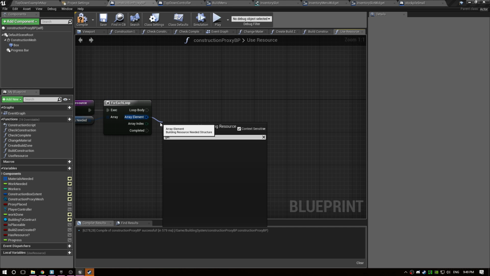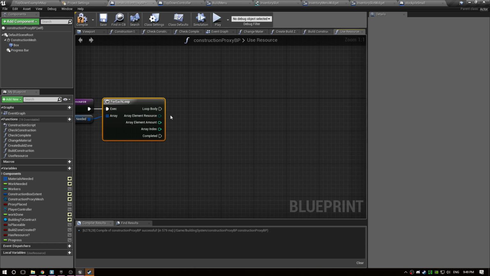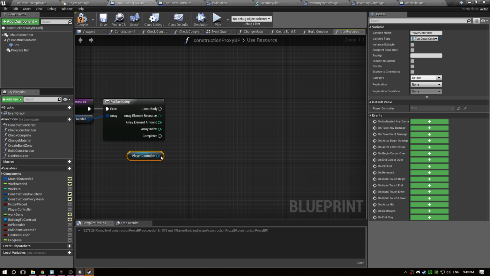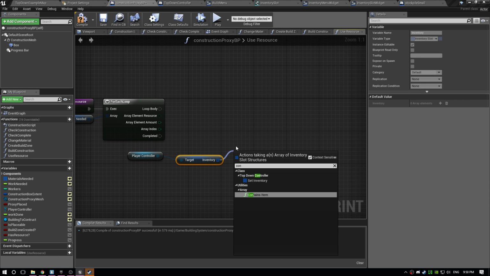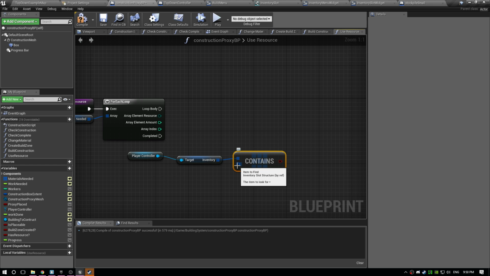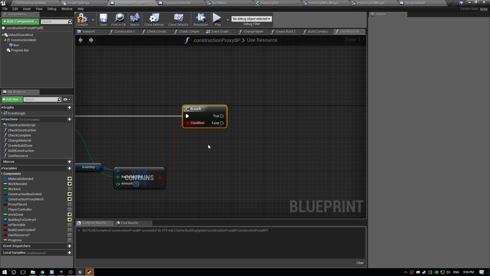So now what I need is to break, split the structure pin. So in our player controller, get inventory contains. If it contains an item, I wonder how this runs. So there we go. If it contains amount 1, it doesn't really matter. Ah, right. Well, let's see, find out. So if branch,